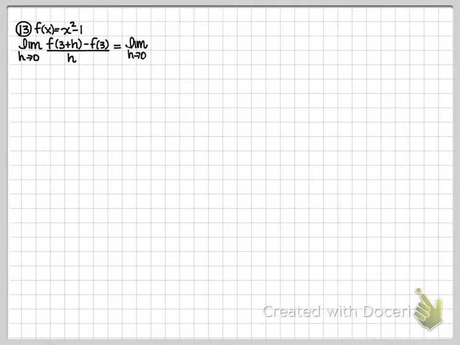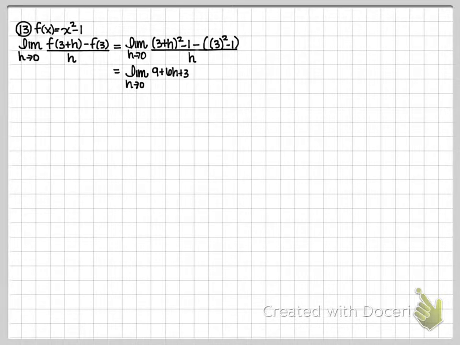In this one, it looks like f of 3 plus h. So we're going to go back to the original function, and everywhere I see an x, I'm going to plug in 3 plus h this time. And then I'm going to subtract f of 3. So I'll go back to the original, and I'll plug 3 in for all of my x's. And that's going to be all over h. All right, so now we just have some algebra that we need to clean up. Remember to keep that notation with you up until the point where you actually plug it in. All right, so if we clean this up,